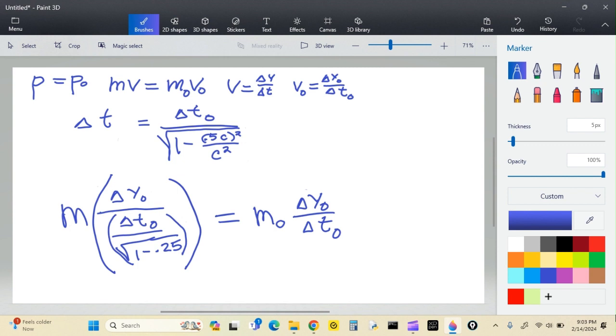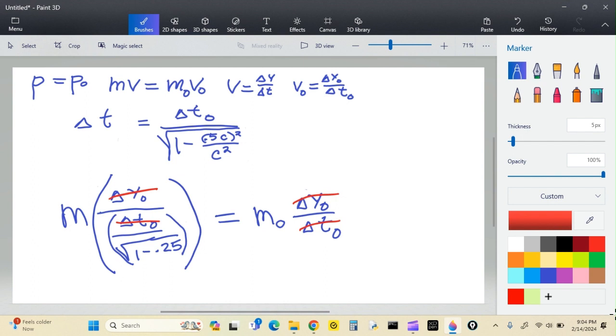We definitely need simplification. Let me go over here and get a red marker on. Now, I've got a delta y sub 0 on both sides. We got rid of those. Okay, that wasn't too hard. Now I've got a delta t0 in the denominator on each one of these things. Okay, get rid of that. Now, what is all this? How is this going to relate to getting over to the other side here?